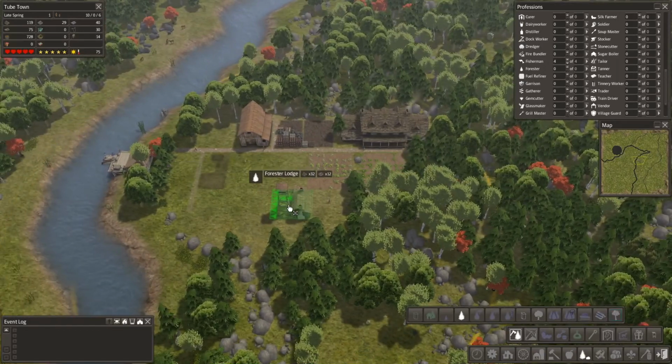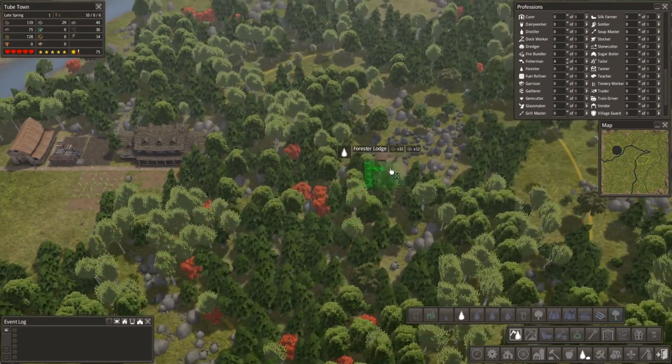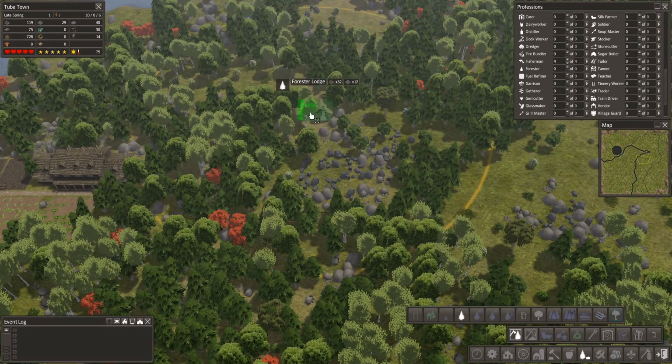And what happens with these guys is, when this lodge is built, we're going to have foresters who are going to go around, they're going to chop logs down so that we can use them, and then they're going to plant new trees to grow to replace those trees. But they will only work within the yellow circle, that'll be the area that they work in, so we want to put them in a really dense area full of trees, and they will then populate that. So we're going to put these guys here, and next to them,